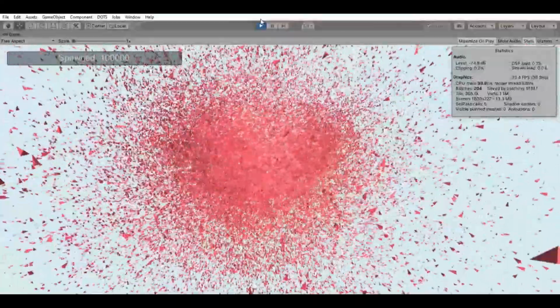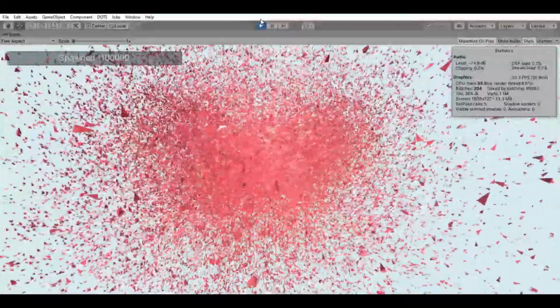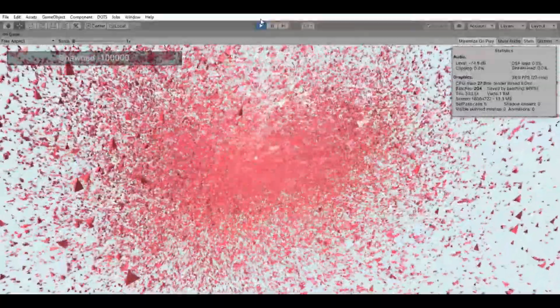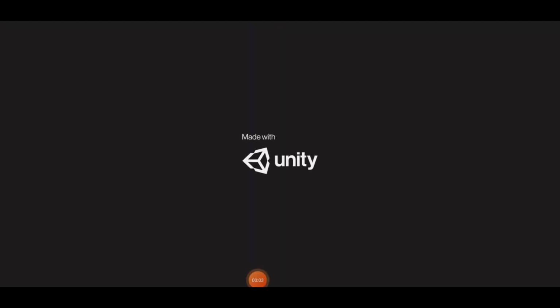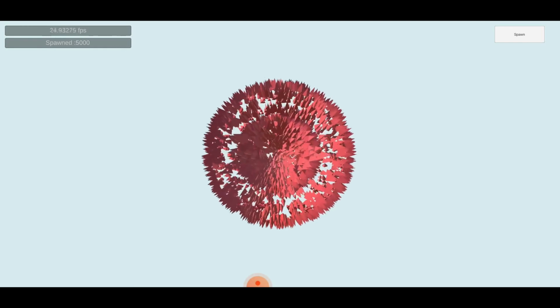I was curious to know how this simulation would perform in my Android phone, the Samsung S8 Plus. I quickly added a button to spawn 5000 boids on every click and also copied a piece of code from the internet to measure FPS and displayed them on screen. Lo and behold, boids on my Android device.